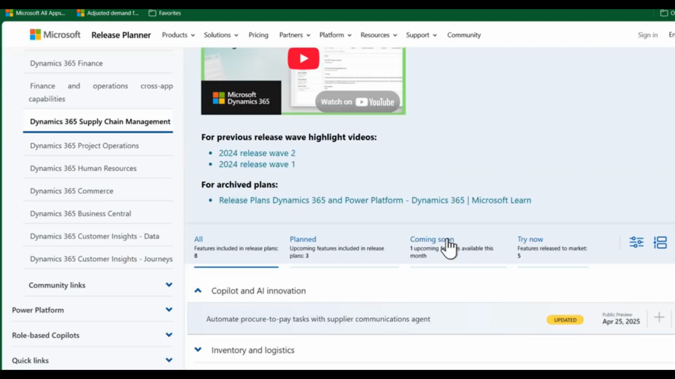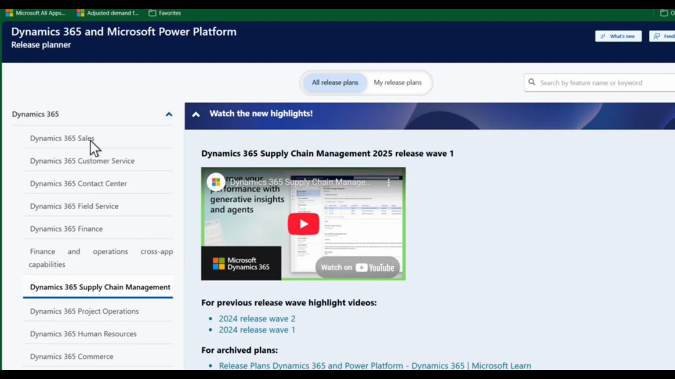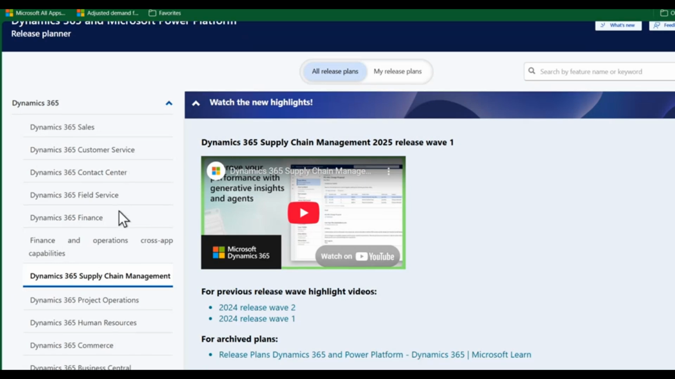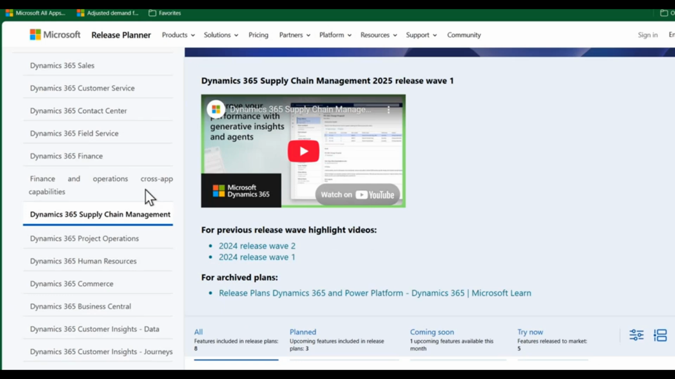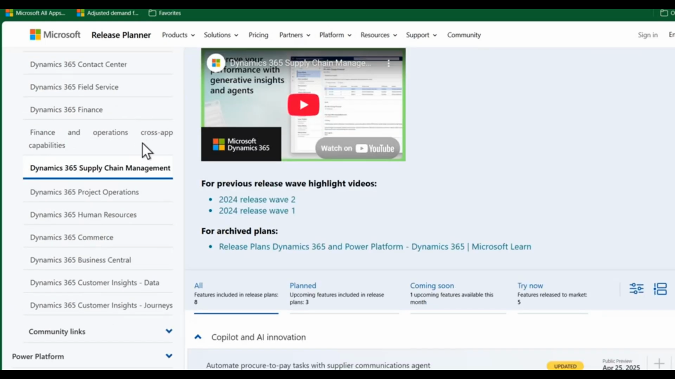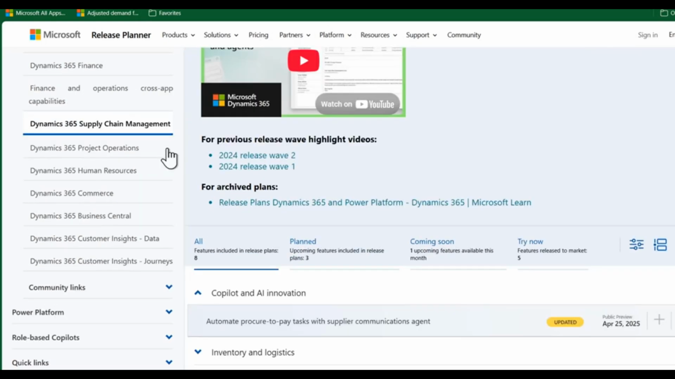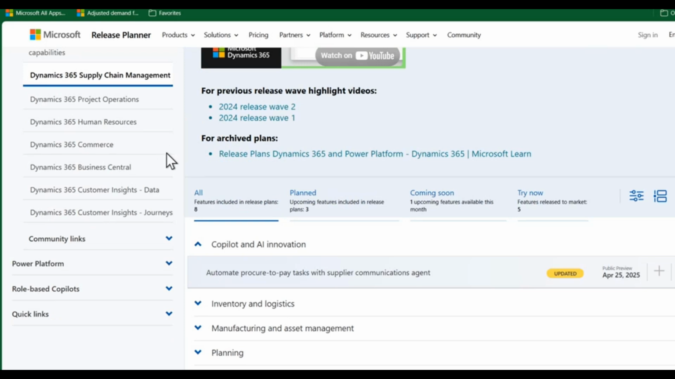It's a lot more visual, a lot more graphics that are highlighting what the release plans for Microsoft are. What are the things that are in private preview, public preview, and soon to be GA. You can see they have it broken up in a bunch of different sections. You can view the whole D365 suite and view by product, D365 sales, customer service, contact center, field service, finance, and then finance and operations cross-app capabilities like supply chain management, operations, human resources, commerce, business central, commerce insights data,